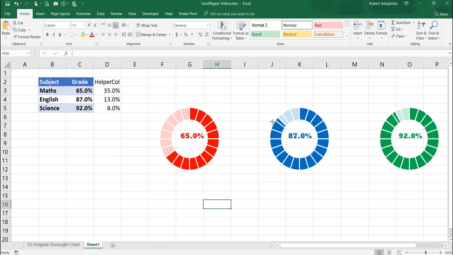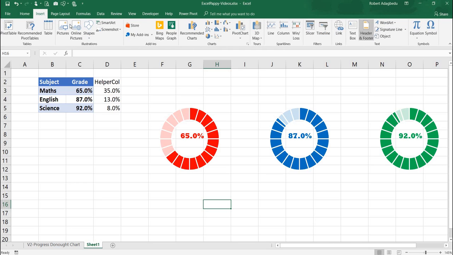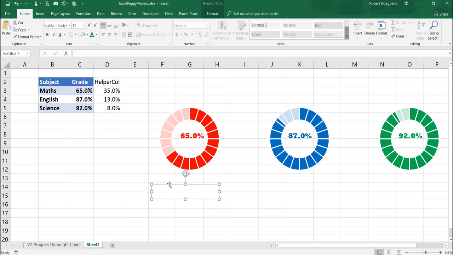So I'm going to again add a text box. So insert the text box and then draw maybe a nice little text box here, and then click on it, and then go to the formula bar and type equal to math. Okay,